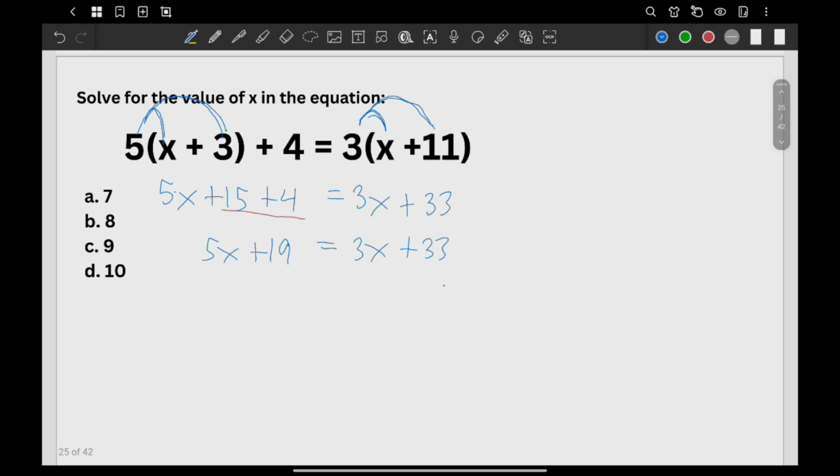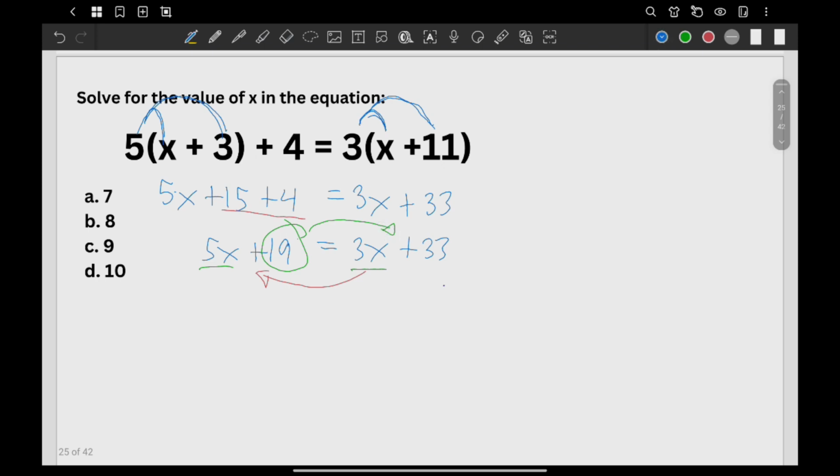Now, how do you solve for x? Again, as I mentioned a while ago, if we have variable on both sides, x and then x there, you compare them. Which one is smaller, 5 or 3? Of course, it's 3. You let the smaller value adjust. So, I will move the 3x going to the left. That means the 19 cannot stay here because 19 doesn't have any x. Again, the rule here is that you should put all those with x together and those without x together. So, the 19 will be on the other side.